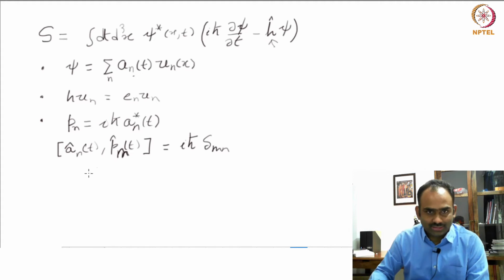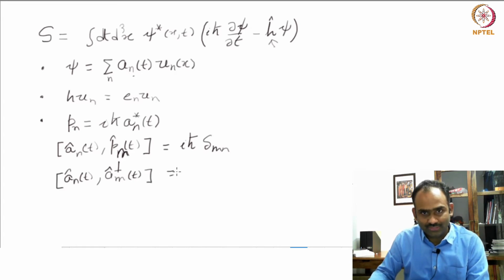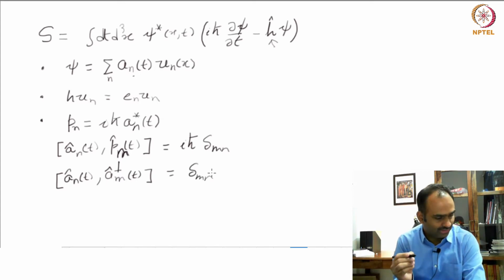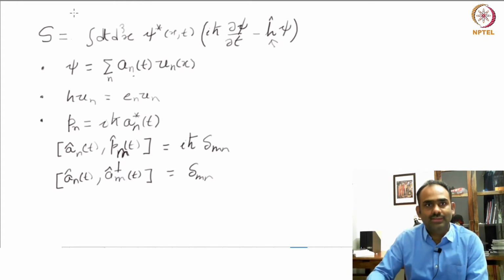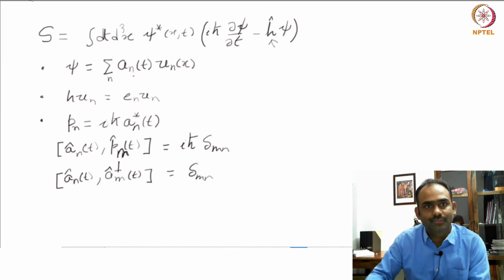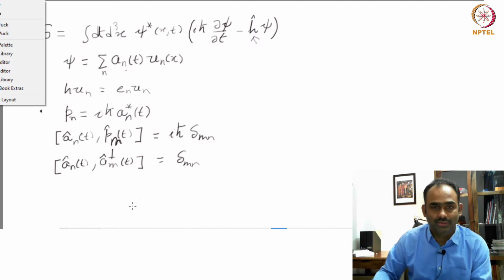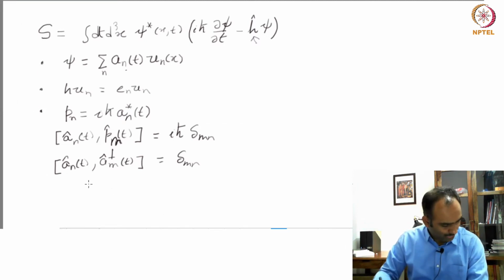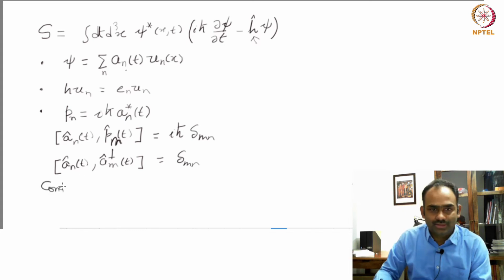Okay, and we saw that this leads to the following: a_n hat, a_m dagger. So a_n hat and a_m dagger give you delta mn. So that's the commutation relation between a_m and a_m dagger. Okay, and then we constructed the Hamiltonian for this theory. Let me remove the timeline. Anyway, I do not recall how to remove this lower part. Okay, so if you construct the Hamiltonian